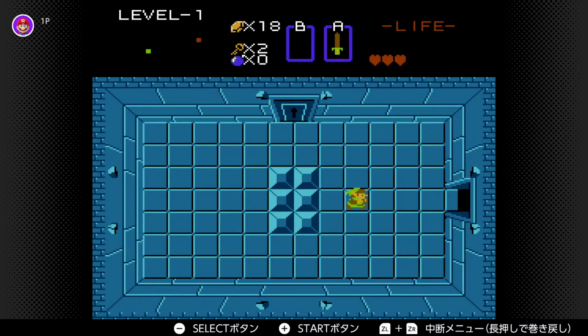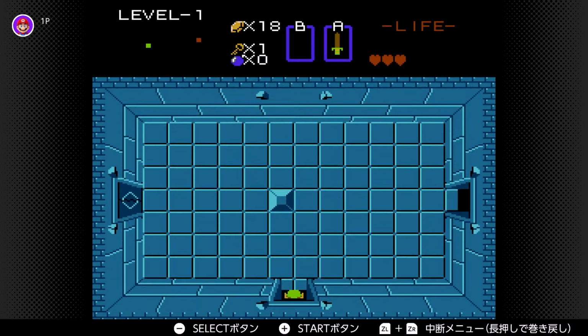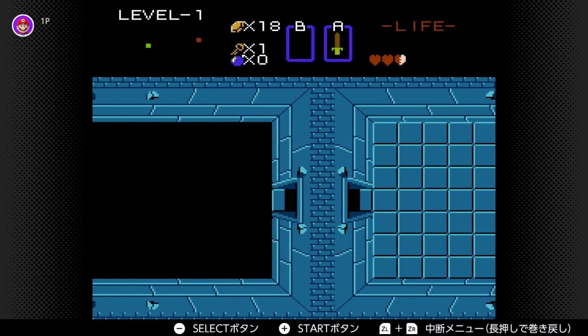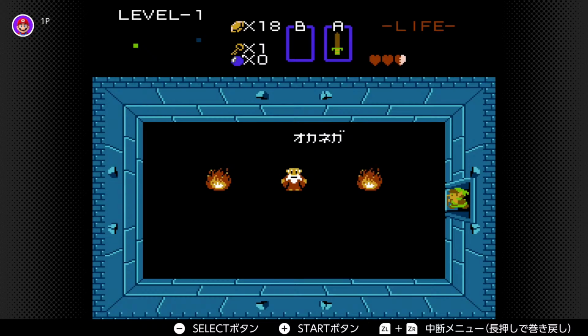Nope, they simply open the door to go back, but we have to advance by opening this locked door. Let's defeat these. I think these are Zols or mini Zols. We can push the block to open that locked door. We're going there first. Okay, there's